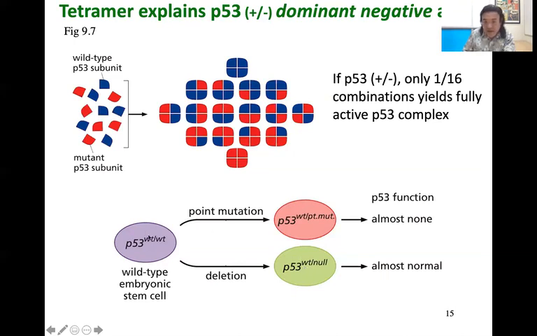But if the nature of the mutation is not a deletion but a point mutation, so that's typically what we talk about when we say p53 plus/minus, because remember the clinical samples show that it's really point mutations that you see, then you have one copy of the good and one copy of the point mutant. So this is basically one blue subunit, one red subunit, and p53 function is almost completely impaired. So, loss of p53.